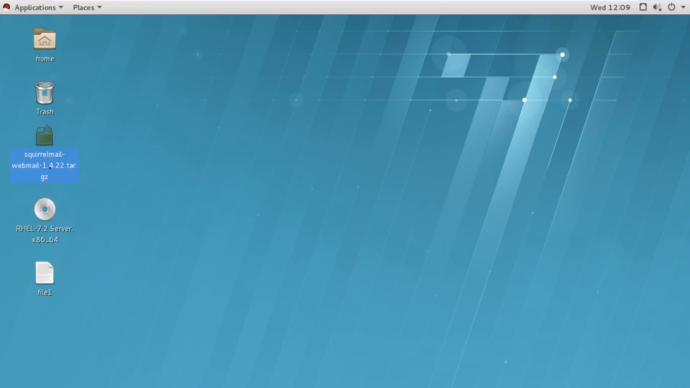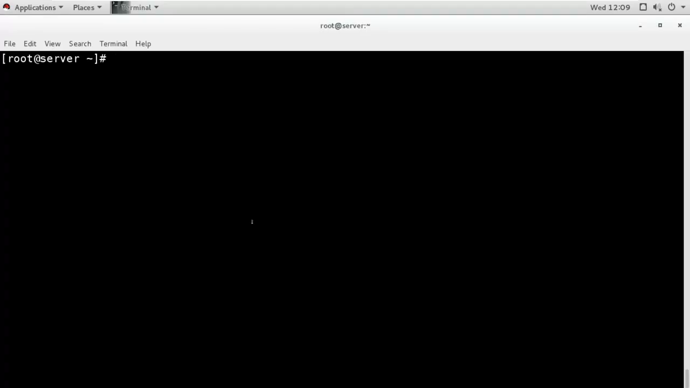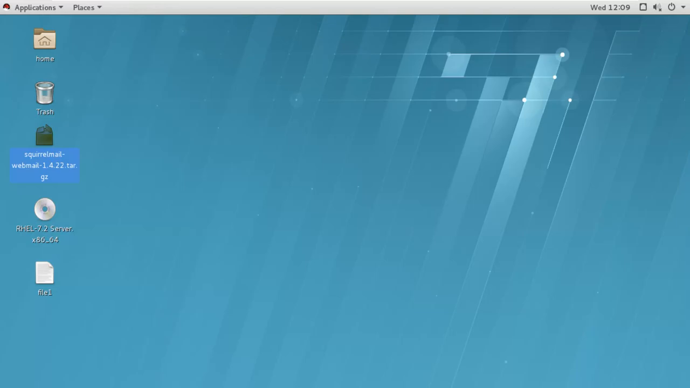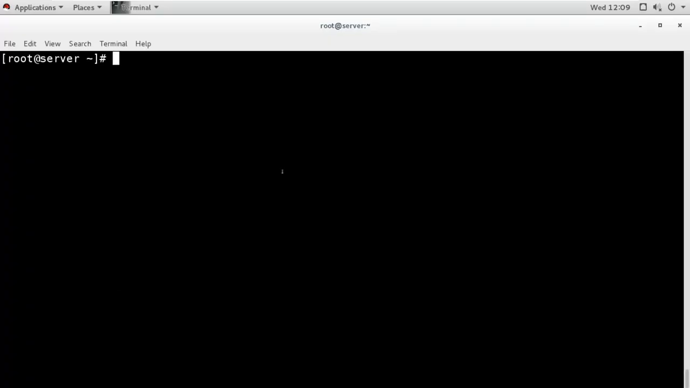Now Squirrel Mail, you can download it from the official Squirrel Mail site, and it's a very small application. It is a tar file, less than 1 MB. So you download this from the Squirrel Mail site, then you extract this tar file and then you can go for configuration. But first what we need is to have